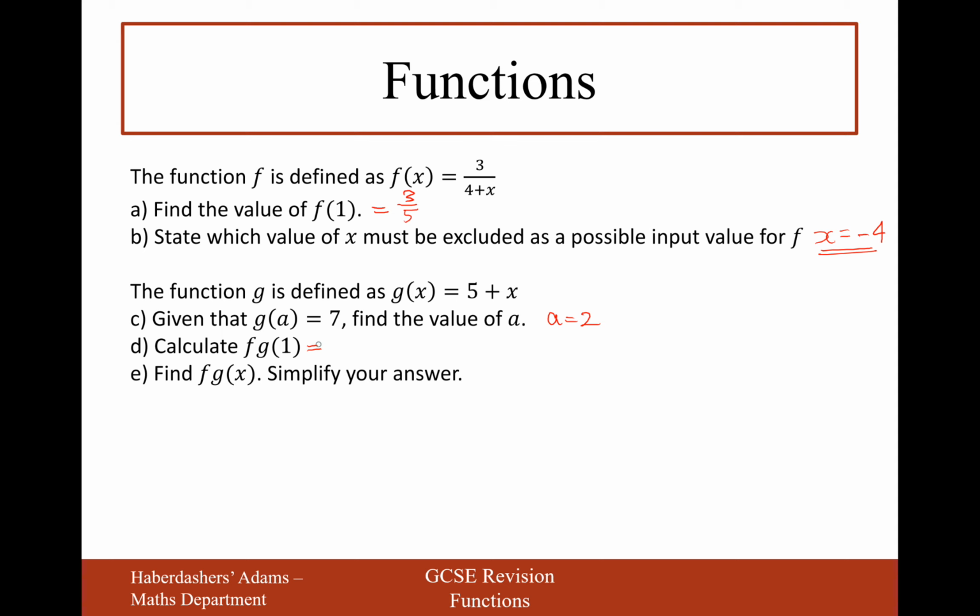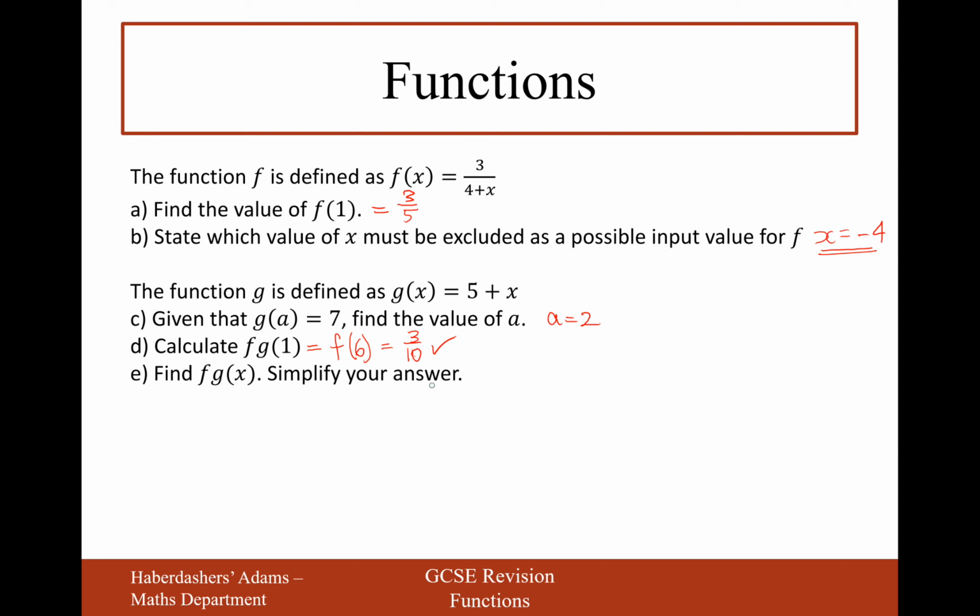Moving on to the next one, fg of 1. So it's going to be f, and then we put 1 into the g function first, so that'll make it 6. And then 6 goes into the f function next, so that'll be 3 over 10. And I'll leave my answer as 3 over 10. Part E,